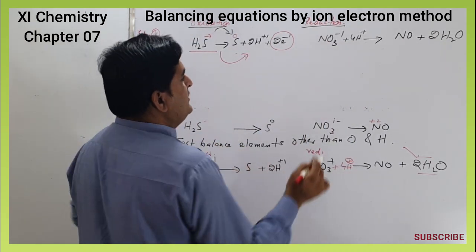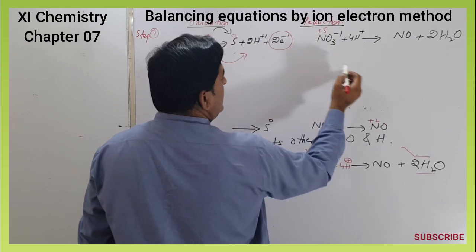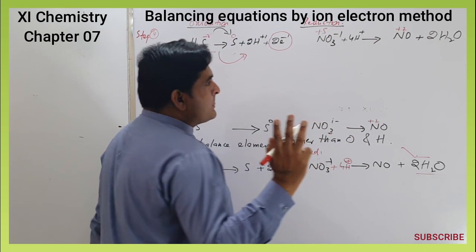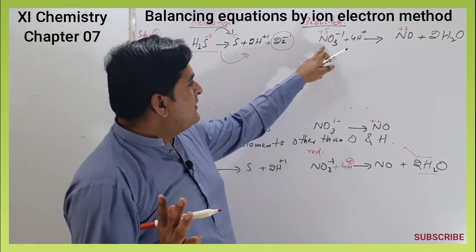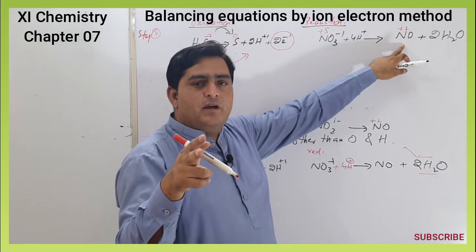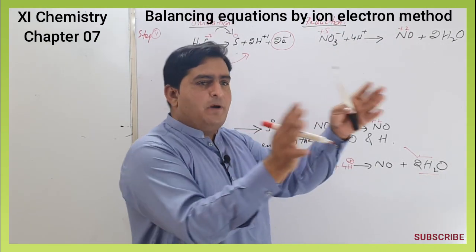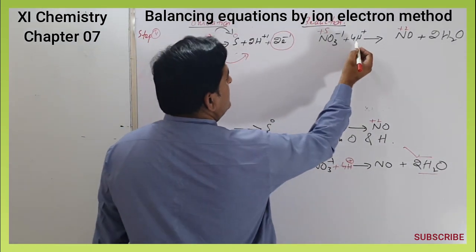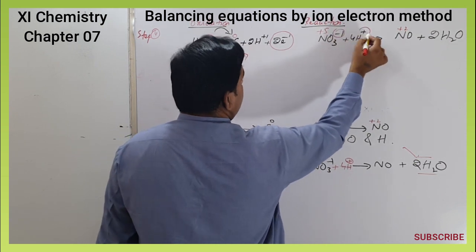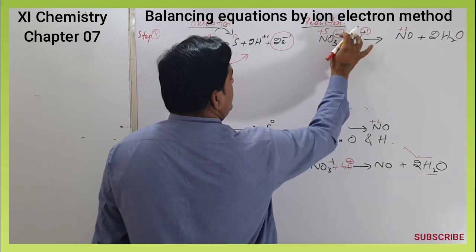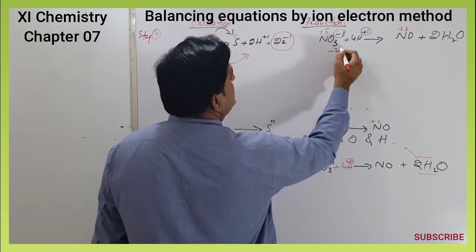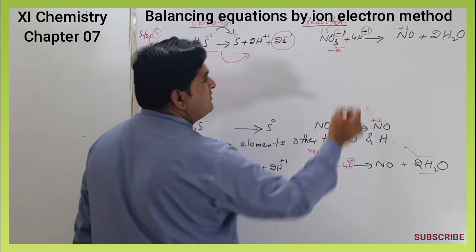So what is the difference in oxidation number? Here it is +5, here it is +2. The change in oxidation number is 3. So the oxidation number of nitrogen has decreased 3 units. We add 3 electrons to which side? The side that has an excessive number of positive charges. The charge carried by this ion is -1 and this is +4. +4 and -1 difference is +3. If the difference is 3, then we add 3 electrons to cancel these excessive positive charges.